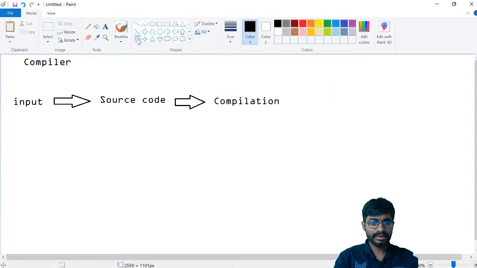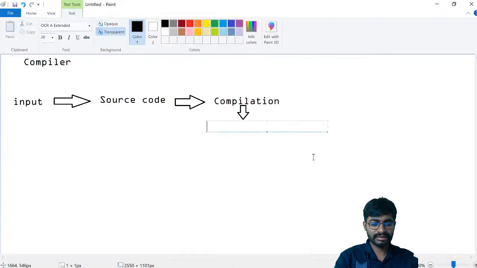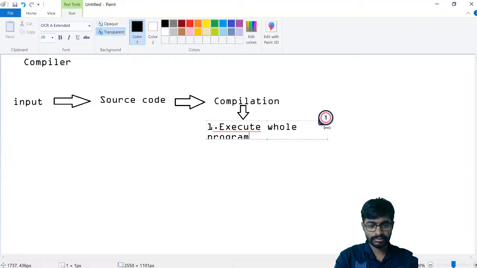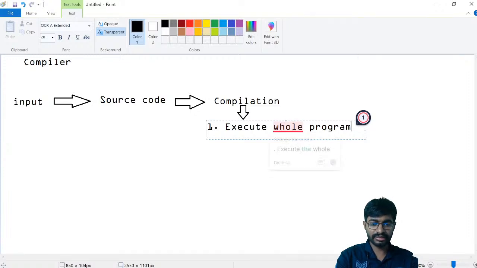Very simple. Here I am providing the notes. The compilation procedure: the first one is to execute the whole program, also known as the pre-execution procedure.